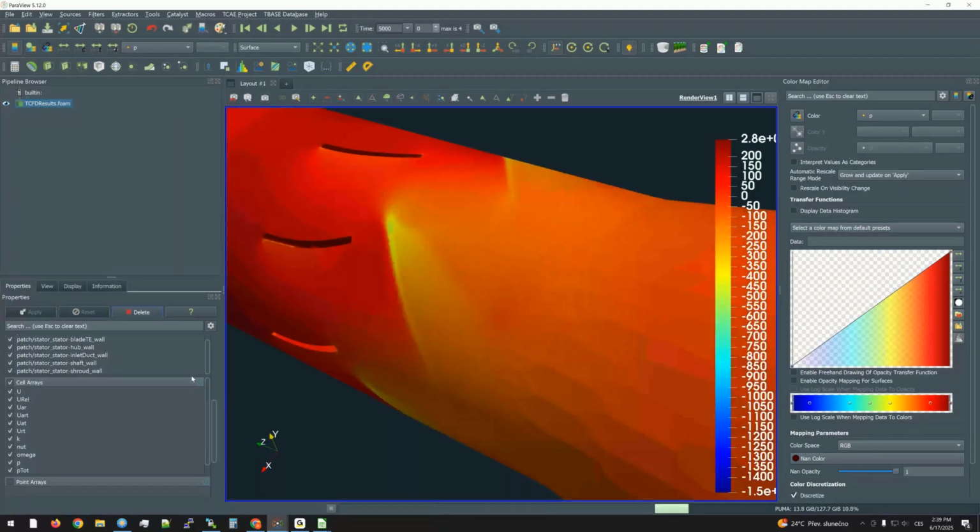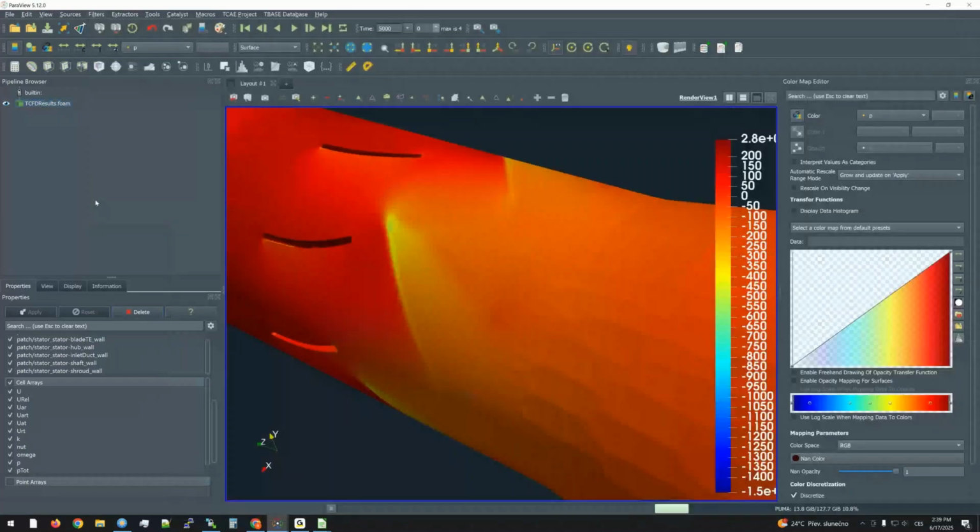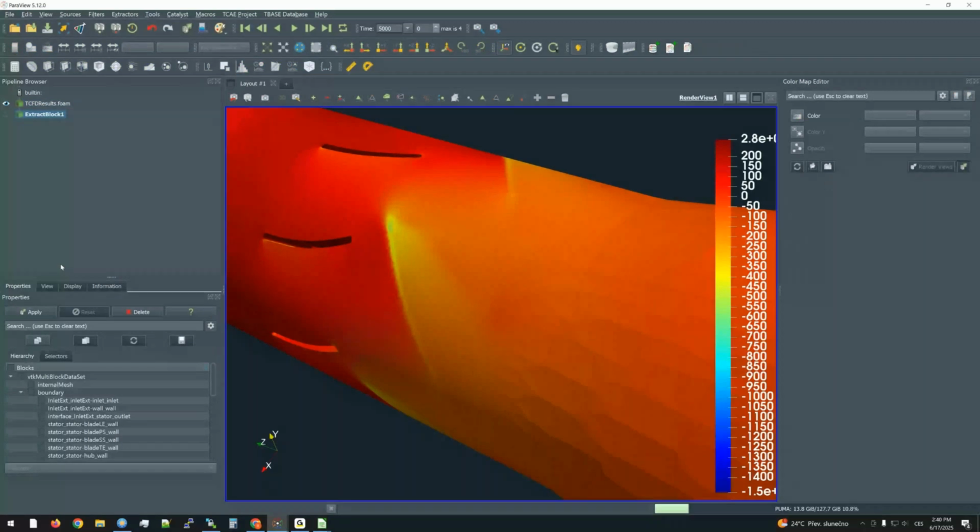And then there is a filter which is called extract block. Yes, it's this one. And I think there is also the icon somewhere if I'm right. Okay, I don't see it here. Yeah, it's here. So this one, extract block. So you can click on this icon. And first, okay, I would like to have one item for application of the slices and all the filters on which I need to apply on volumetric mesh. So I will check just the internal mesh. Okay, so this will be first extraction,